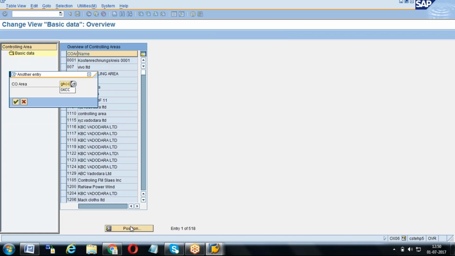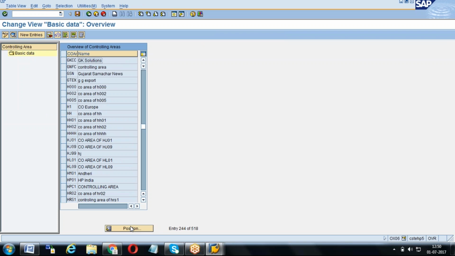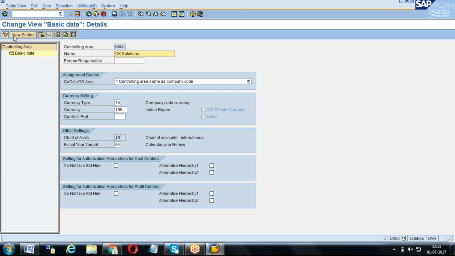Generally we follow the same method. The FICO consultant will decide which controlling area we are creating, for example, controlling area same as company code. What kind of accounting do they want, whether cross company code accounting or the same controlling area as company code, according to the requirement they will create this activity.